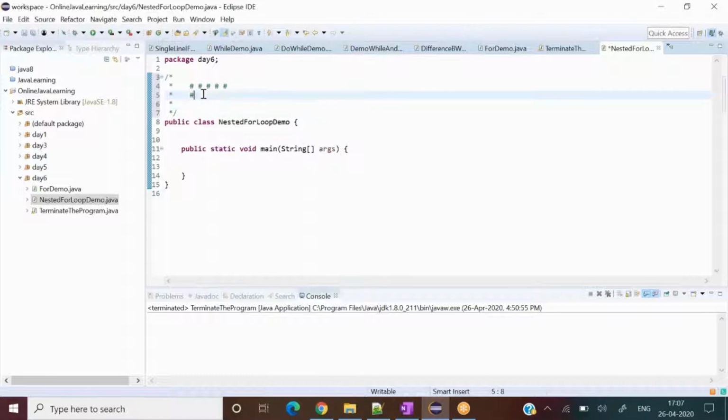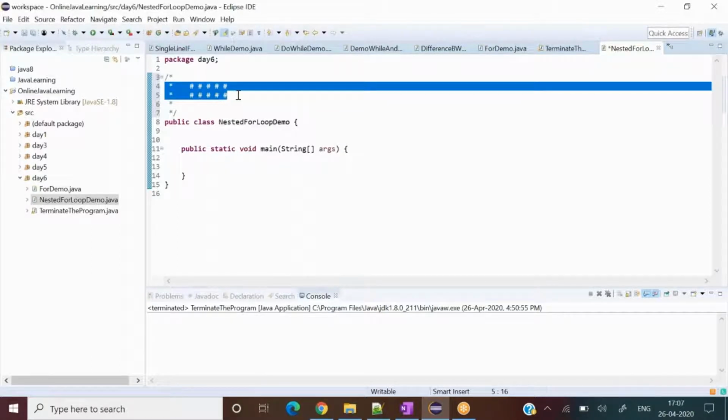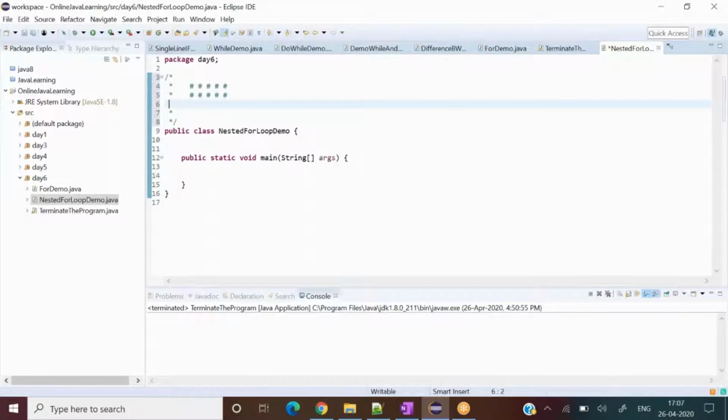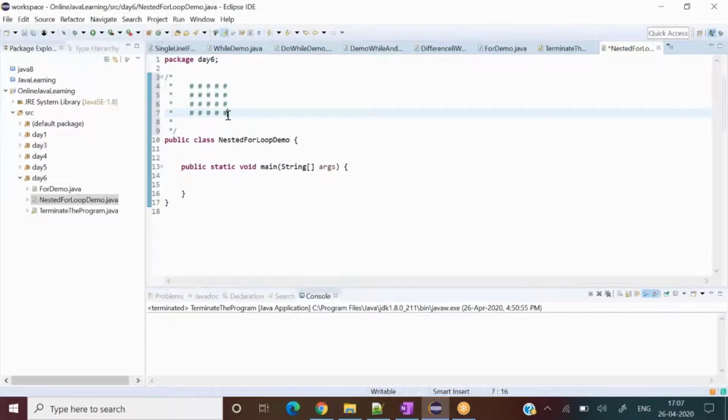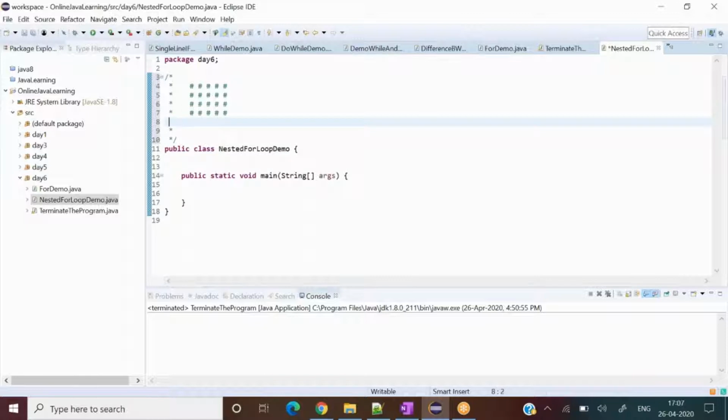Then I'll take a few more scenarios around that. Okay, and let me copy and paste a couple more times here, and one more time. So this is our requirement to do.